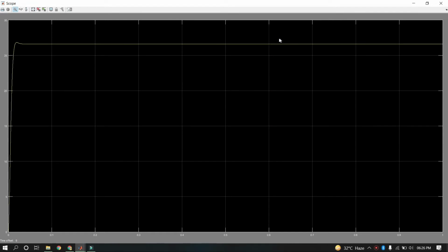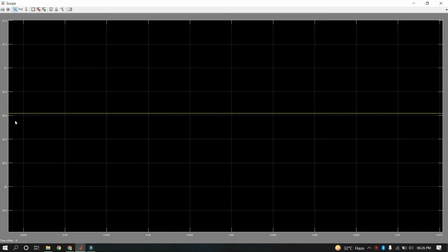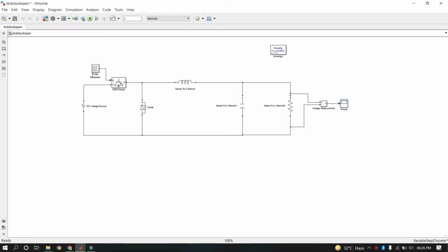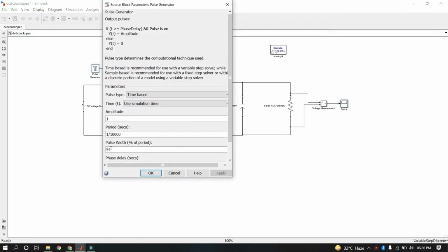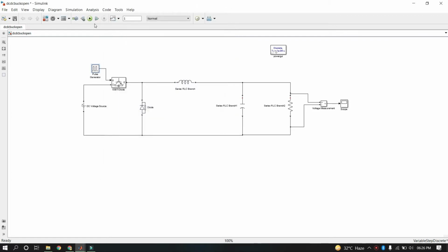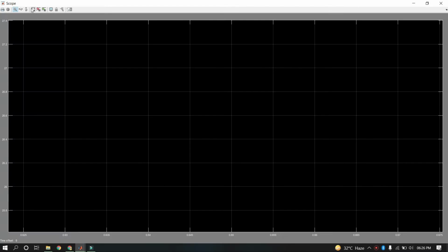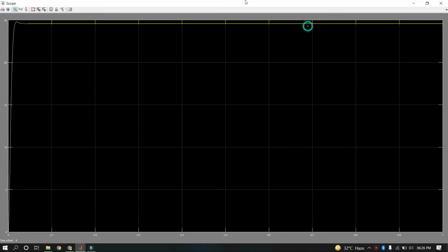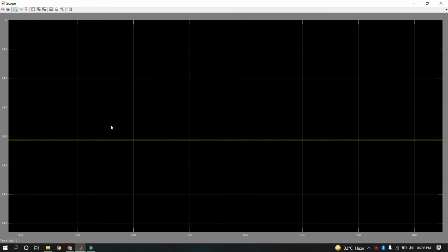So here if you observe, the output voltage that we are getting is around 26.6. We wanted to have 30 volts output, but as you have seen, we are getting around 26 volts. So what I will do is, again I will play with this duty cycle. I will now set the duty cycle to 50%, and see what change I get in the simulation result. So again double clicking on the scope and auto scale. Now if you observe, my output voltage has further decreased.